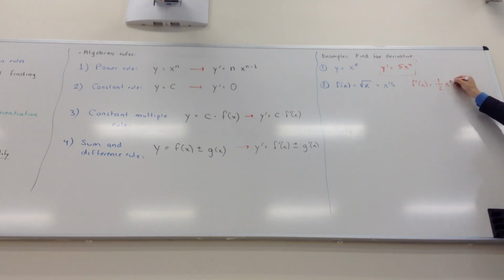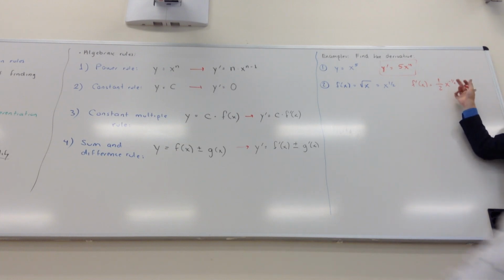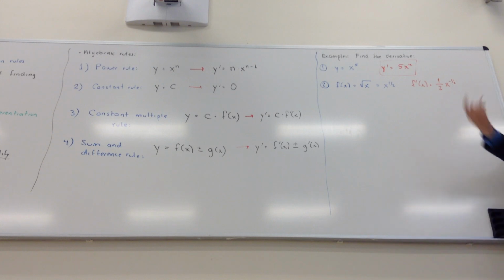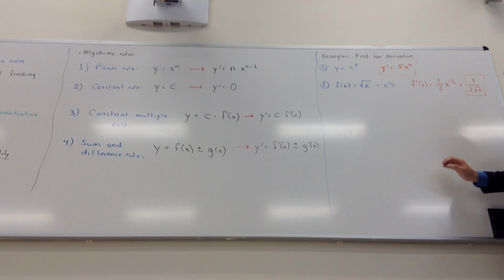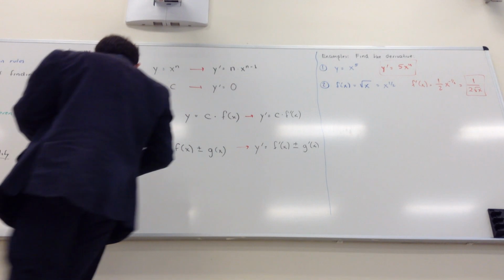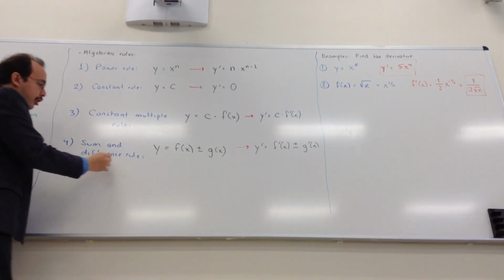Minus 1/2. But the problem is that I cannot leave negative or fractional powers as answers. I need to rewrite back. So now, if you remember, if the power is negative, the variable goes down. If it's fractional, it becomes a root. So it's going to be 1 over 2 square root of x, which is the answer. Which rule? To rewrite,